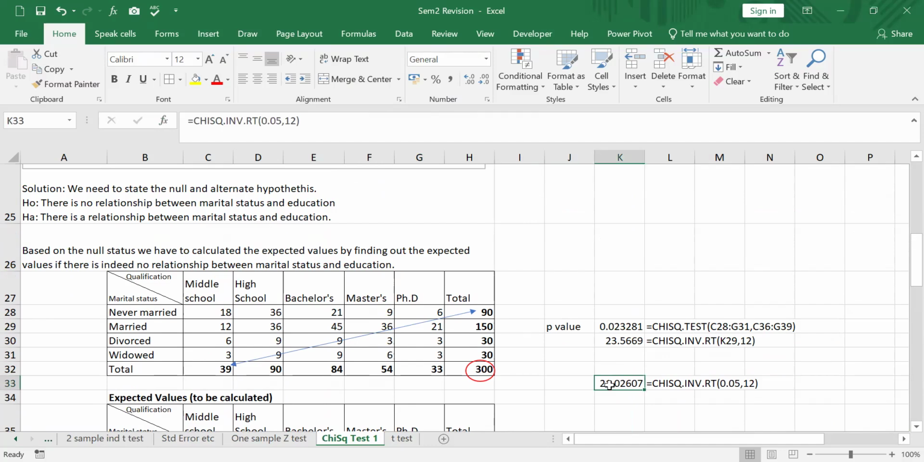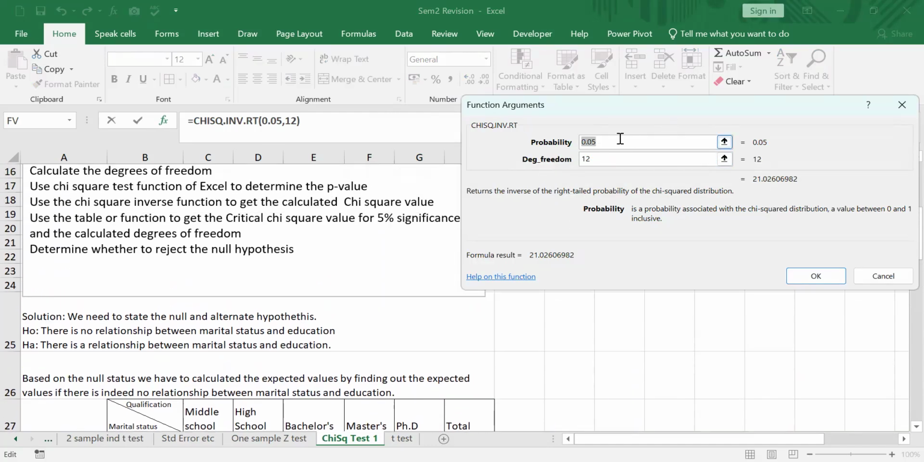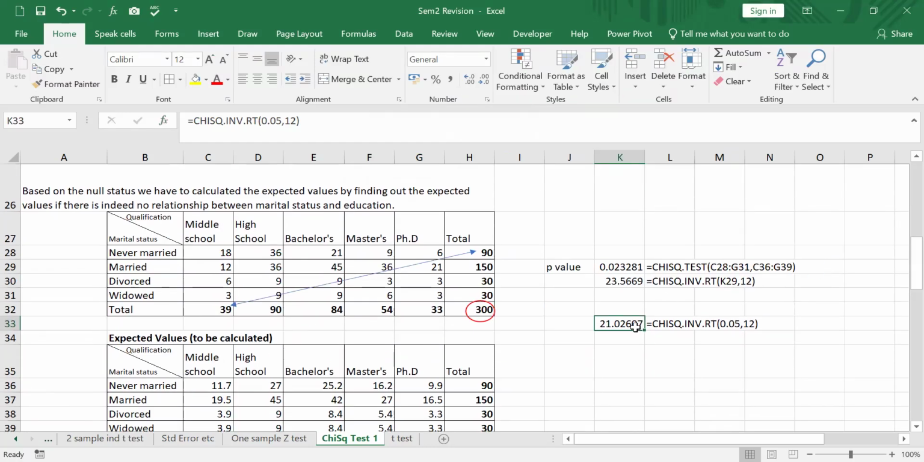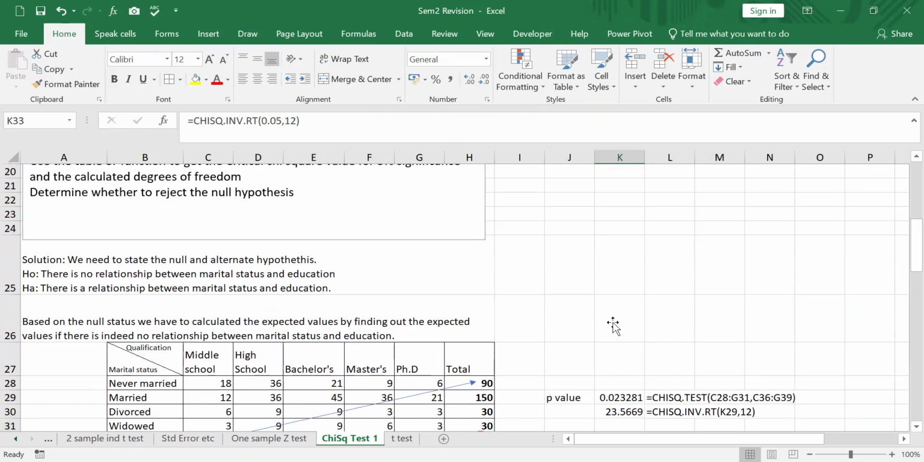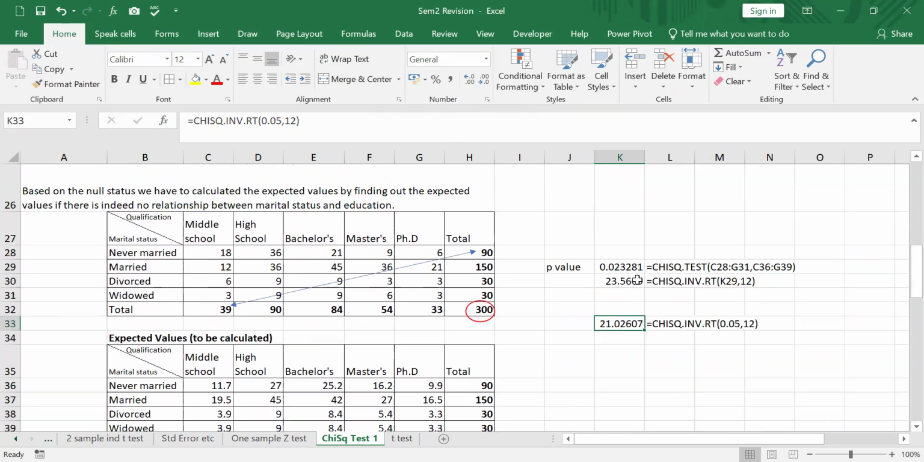Now, critical chi-square value is obtained from this formula. And since we are talking about 95%, 5% significance, we get 0.05 here. Degrees of freedom is given 12. And then okay. Critical is 21. Chi-square calculated is 23. 23 is more than 21. Anything more than the critical, we say we reject the null hypothesis. That means there is indeed a relationship between marital status and